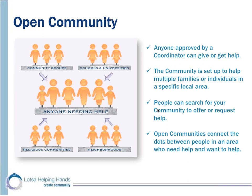And they can do that using the Lotsa Helping Hands search tool, which I'm going to walk you through in a moment. And what's great about these open communities is that not only does it work from an individual perspective if you have willing and able volunteers in your community, but it also is a great way to tap into existing local organizations, community groups, schools and universities, other religious organizations that may want to organize help for multiple people